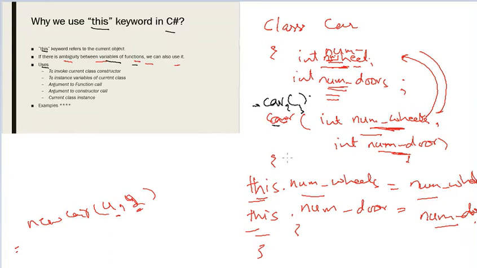Then you can use this: before this, you want to call the default constructor, so you can use this Car to call the default constructor. Maybe there is some print statement or anything, whatever. We are in the Car class, and you might want to print something here, for whatever reason you want to call this default constructor. So this can also be used to call the